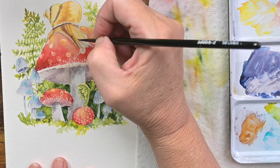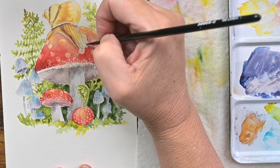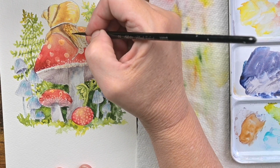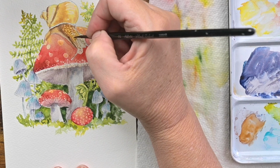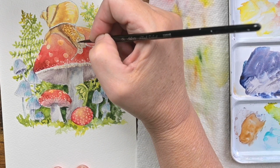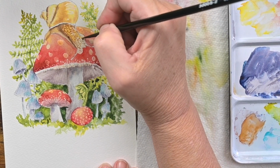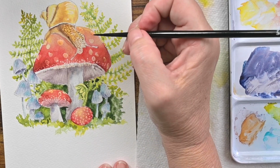I put a little bit of a yellow on that. Now I'm just coming back with a darker brown. Now this is almost completely dry before I do this, because if you do this while it's wet, make these little tiny lines and texture on there, it'll just disappear if it's wet. So get it mostly dry. It can be just a tiny bit damp and it'd be okay, but try to remember to let it dry